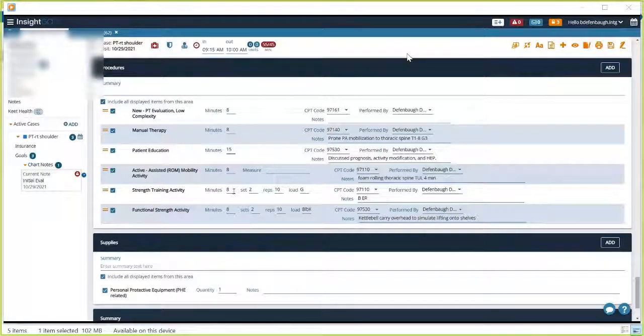And Clinician makes it pretty easy, because not this screen, but the next screen will just tell you how many minutes you spent on therapeutic exercise, therapeutic activity, and you can just change that to add however many units you want. But you are going to have to